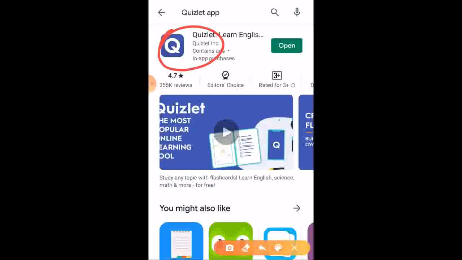Now the advantage of Quizlet is that it is an editor's choice app. That means it has some good features for learning. Okay, now the rating is also very good. It is 4.7. So it is a very good app for learning and for enriching, and for teachers also. It is a very good app to conduct a formative or any objective multiple choice questions test for the students. So let us enter into the Quizlet app. Now I am clicking on open.